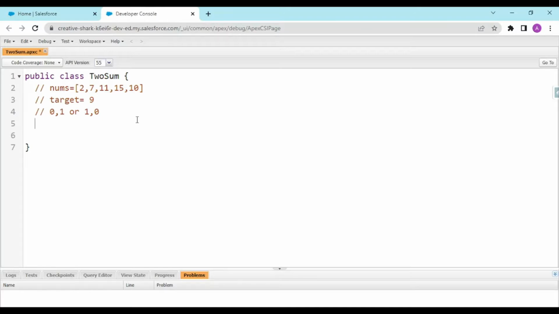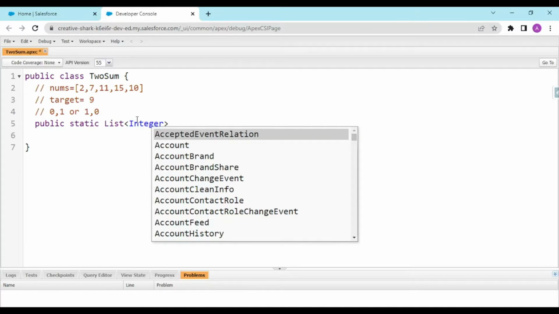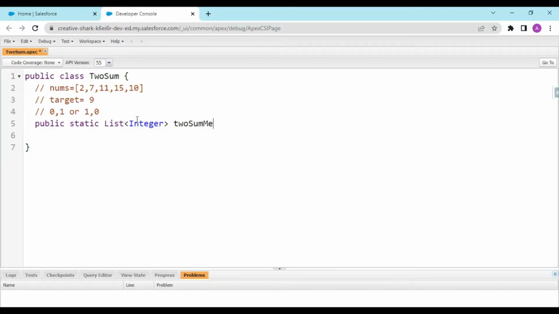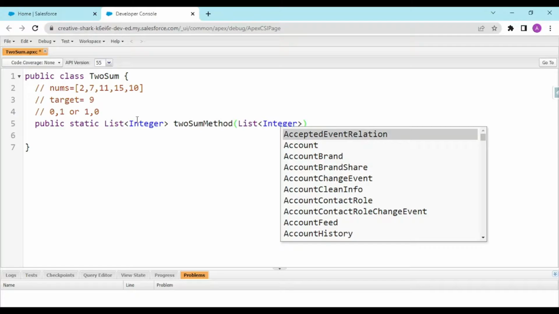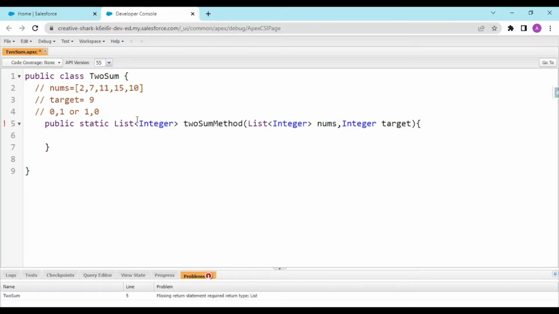So I'm creating a method in here, that is public static list of integer. You could have a void method as well, but for the sake of understanding I am creating a method with the name twoSum method, and I would be taking list of integer nums and integer target. And now what we would be doing is, since nums is our array,